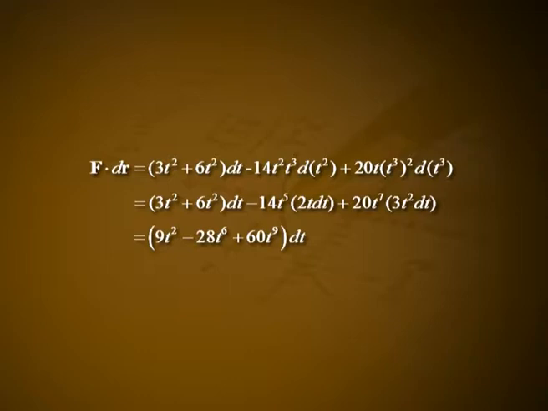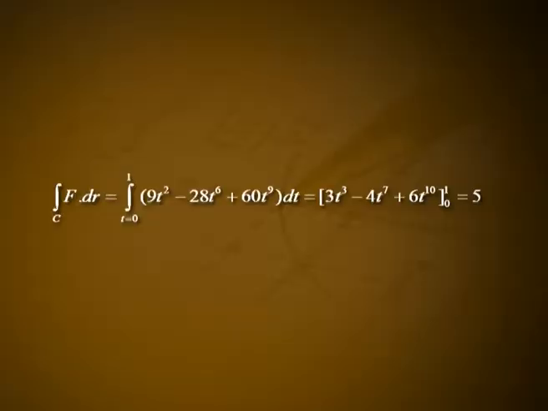Moving from the point (0,0,0) to (1,1,1) means from t = 0 to t = 1. Therefore, we have the following. The integral over C of F · dr is equal to the integral from t = 0 to 1 of (9t² − 28t⁶ + 60t⁹)dt, which is equal to [3t³ − 4t⁷ + 6t¹⁰] over the limits 0 to 1,